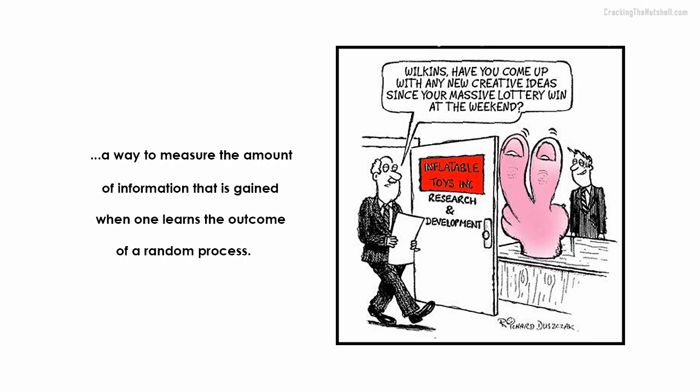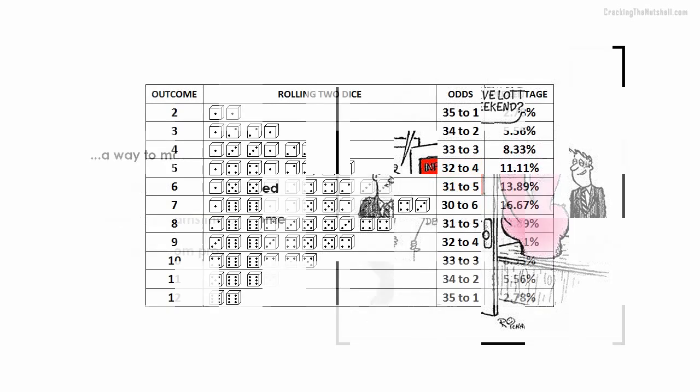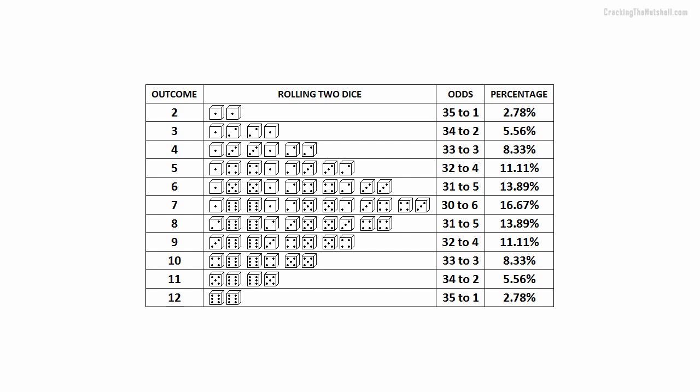As we will see, Shannon's definition represents a way to measure the amount of information that can potentially be gained when one learns of the outcome of a random process. And it is precisely this probabilistic nature of Shannon's definition that turns out to be a very useful tool, one that physicists and other science disciplines now use in many different areas of research.